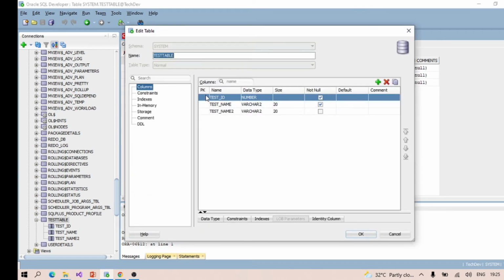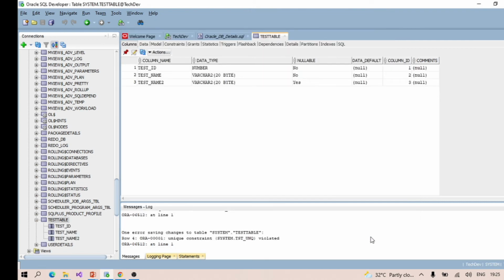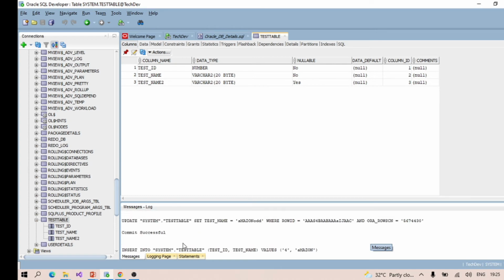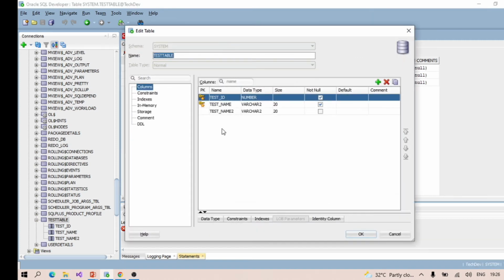See, the primary key has been removed. Two primary keys. Constraints.